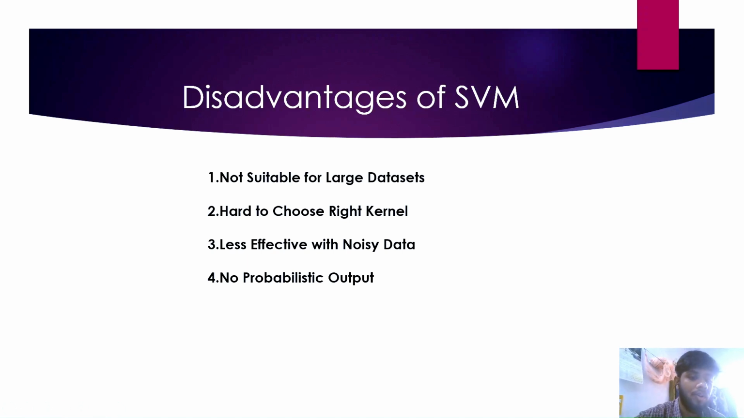And one of the major disadvantages of SVM is that it's hard to choose the right kernel, whether it is RBF, linear, or polynomial, and it's less effective with noisy data